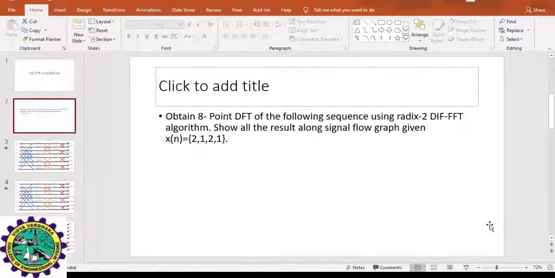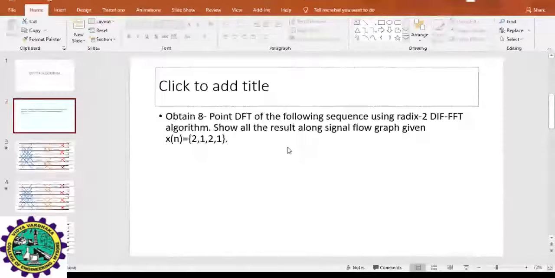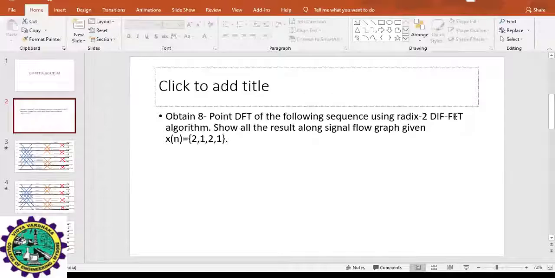Now, for this you can use either the DIT FFT algorithm or the DIF FFT algorithm. In the exam, they can ask you whichever method they want. The internal examiner as well as the external examiner will discuss, and then they'll let you know which algorithm you are supposed to use based on the given sequence. So the sequence will be given something like this, and you need to solve that particular problem first based on the given algorithm. Here, I have taken an example of the DIF FFT algorithm and solved for that using this.